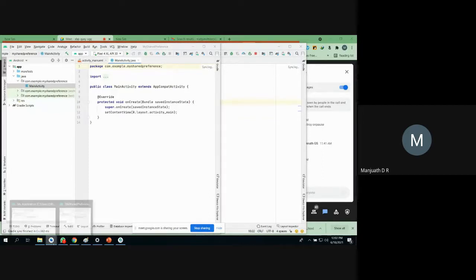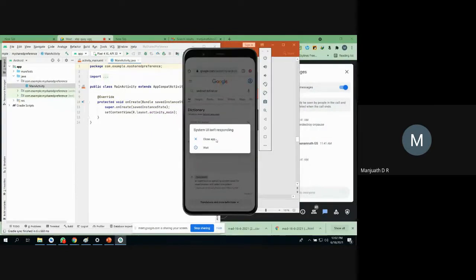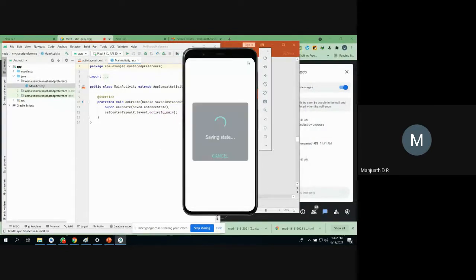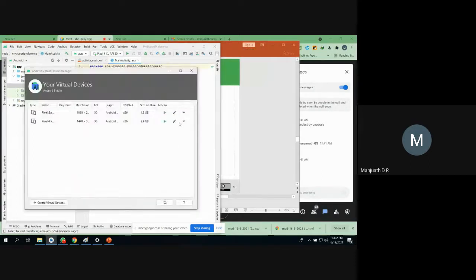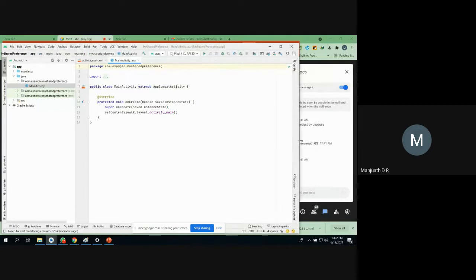So I'll delete the previous one and terminate it. Oh, I'm getting a lot of errors. So first I'll clear the state. I'll go to the AVD manager and just wipe out the data completely, because I'm getting a lot of ANR errors, right? So, to avoid that, I just made it like this. Okay, fine. Now what I do is create a different form, and I want to retain that data even if I destroy the application. Like that, I'm going to work now.